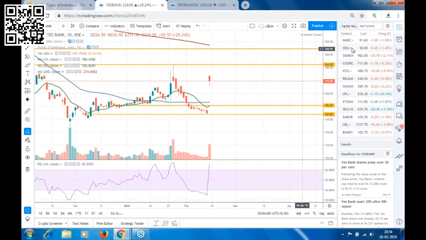And always remember one thing, always trade in the direction of the market. Daily we may take out two trades for shorting purposes, two trades for taking a long position, but we will trade only in the direction of the market. If the market is in the positive direction, we will take only long trades. We are not going to take any shorting trade. And if the market is negative, we will not take any long trade. We will go only for the shorts. Don't trade against the market. Remember that.